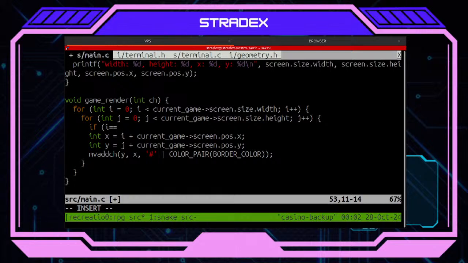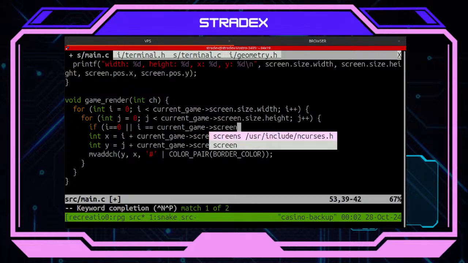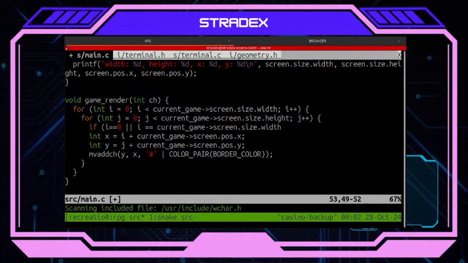Okay, so if UI is equal to 0 or UI equals to current game screen size different 0, then you continue.